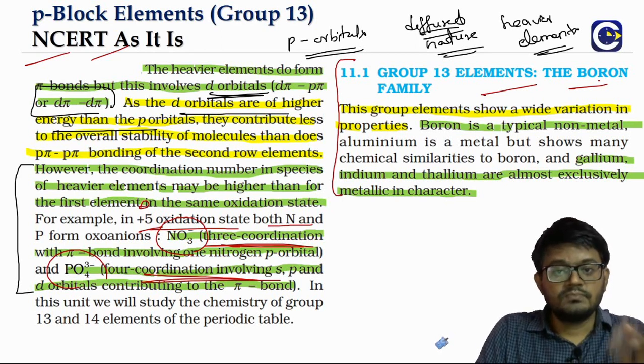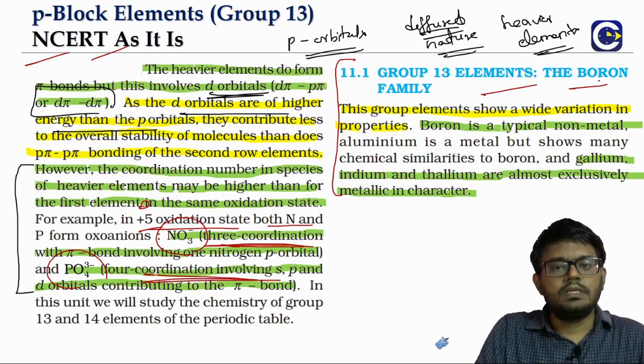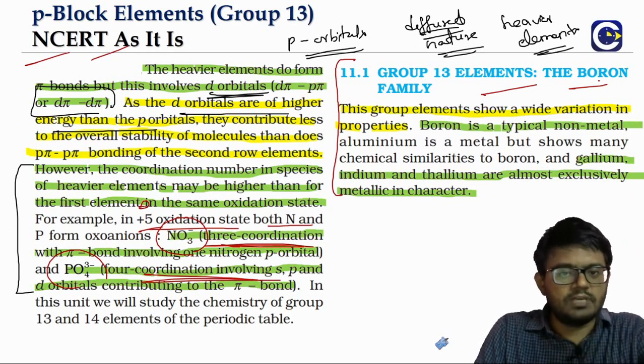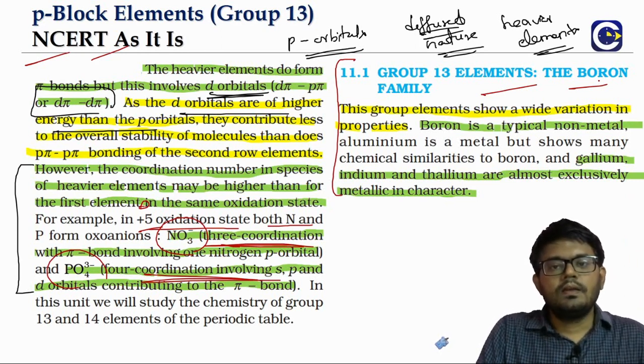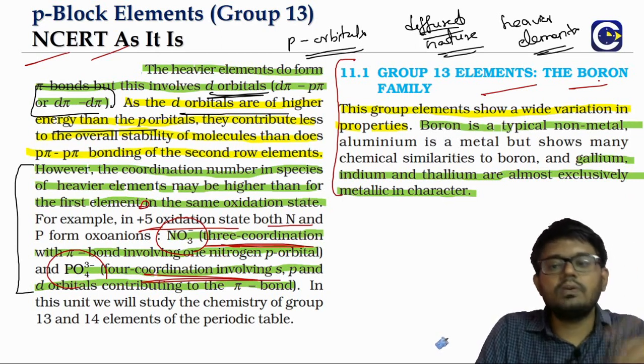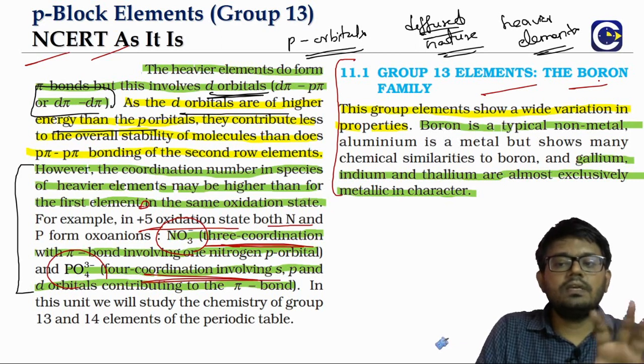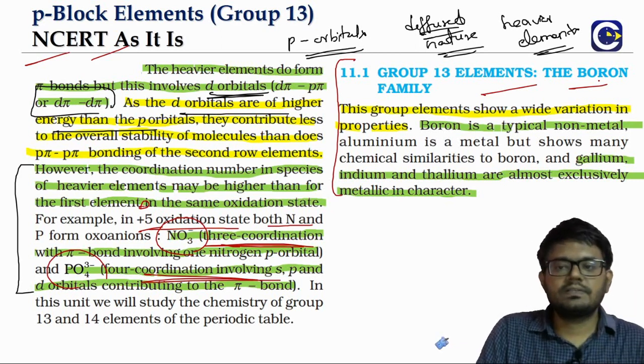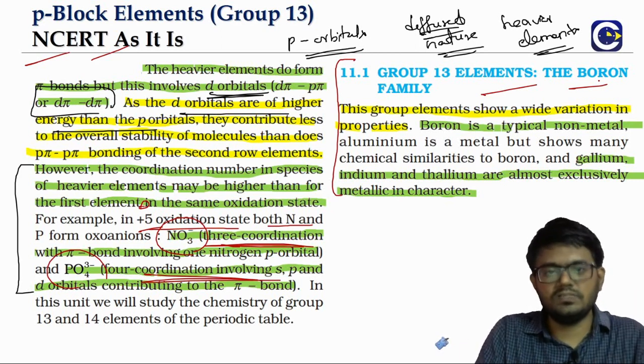In the first group or second group, when we say going down the group, the radius increases, it means the radius will keep on increasing. When we say ionization enthalpy decreases, it means it will keep on decreasing. So we will see a regular trend. But here we are going to see a lot of variations. And we will also see what is the reason for these variations.